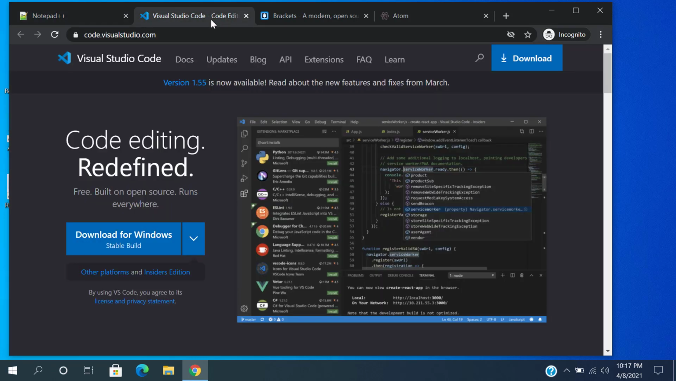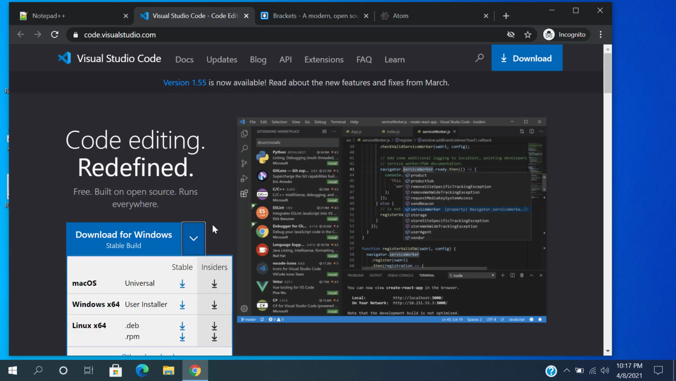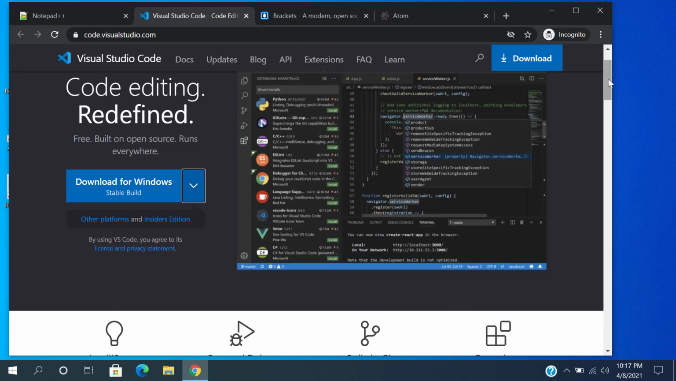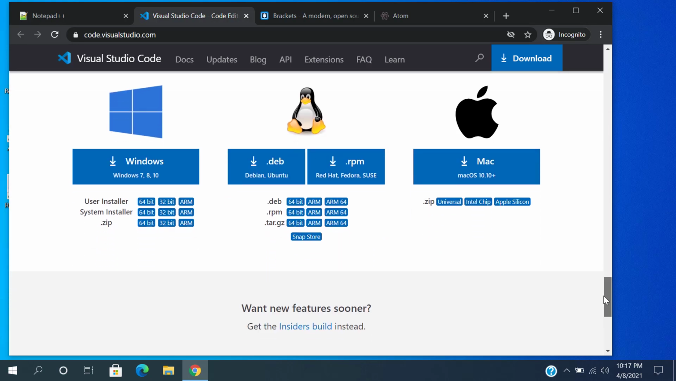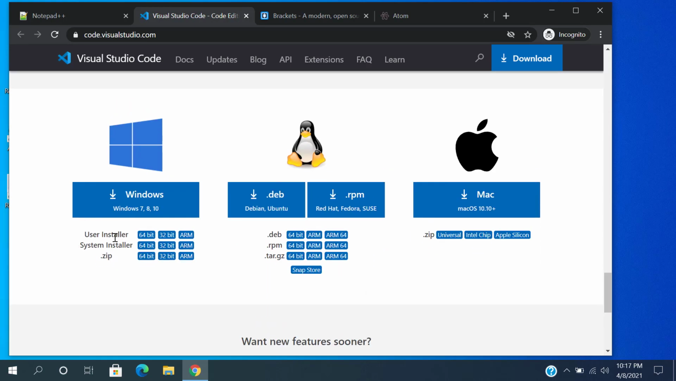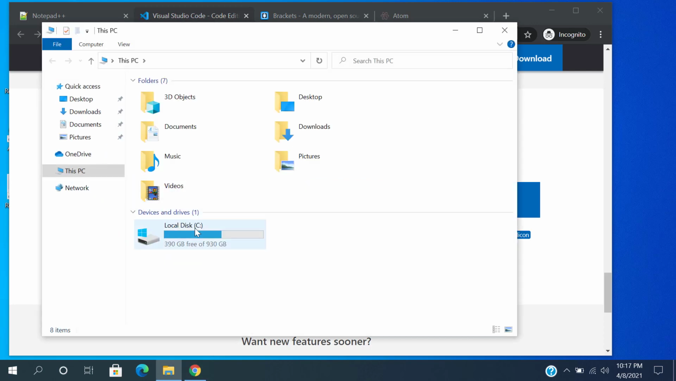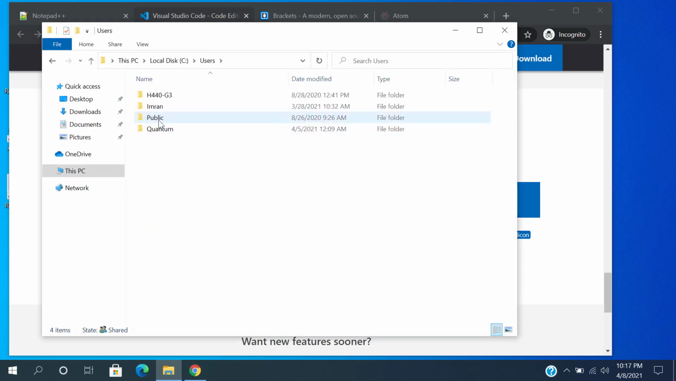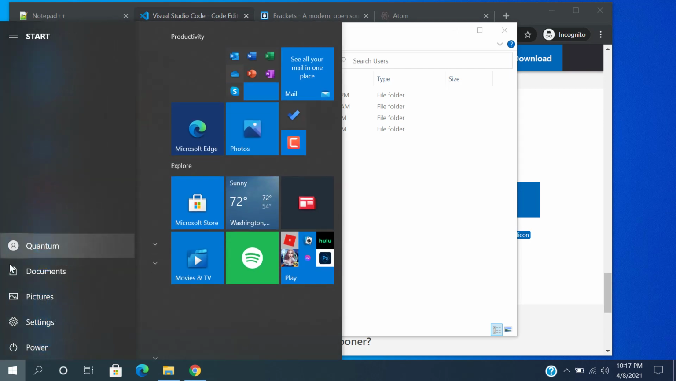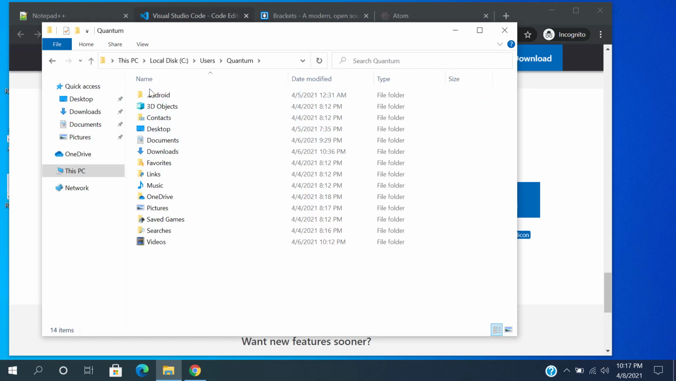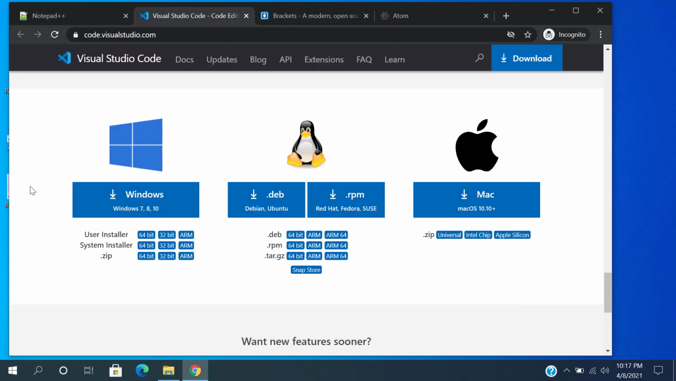Let's download VS Code. So VS Code will be downloading for Windows, but let's just scroll down. For Windows, there is a user installer and a system installer. The user installer will be installed in the user folder, so it would be installed inside Users. For example, my current user is Quantum, so it would be inside Quantum, and then there is an AppData folder. So it will be installed only to that specific user,